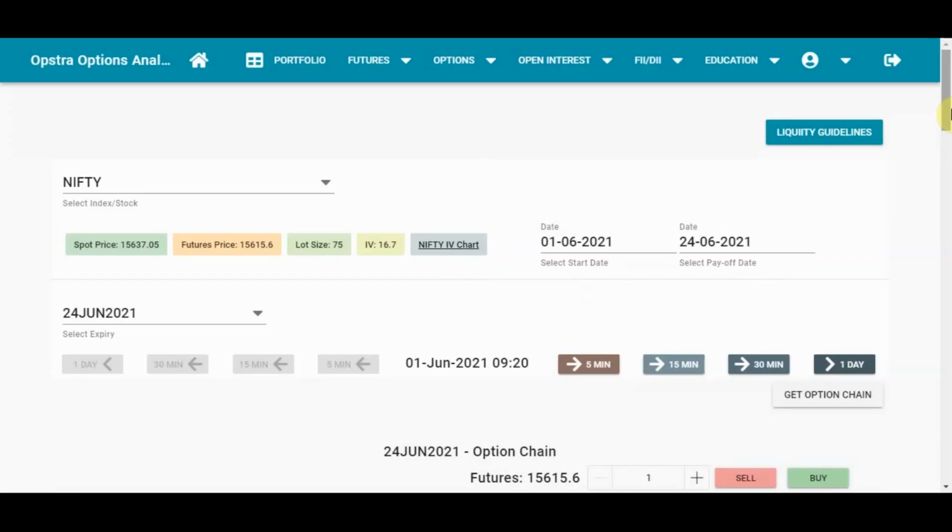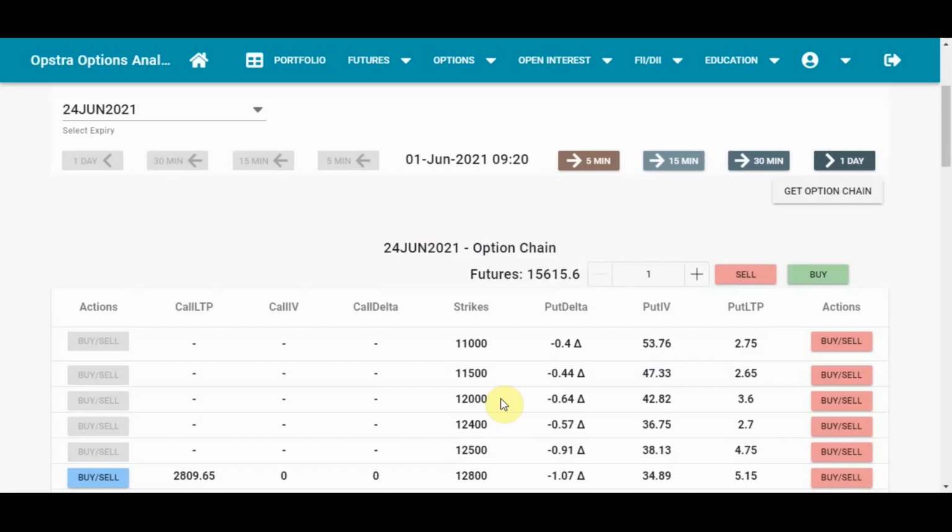So now we'll just look at a live example, a live backtesting, and I can also explain adjustments in a better way. So we'll start on 1st June and the expiry will be on 24th June. So basically we are trading the monthly option. Now beginners should start off by trading monthly options as they are much safer. It avoids overtrading and it also gives you much more time to think. So let's begin.